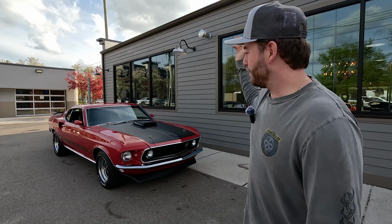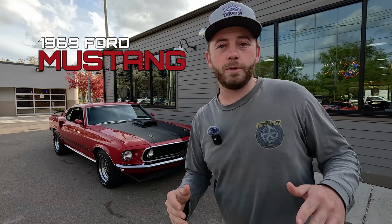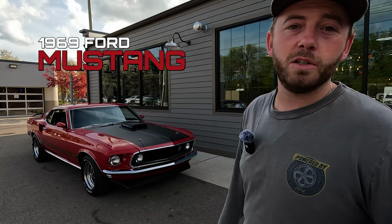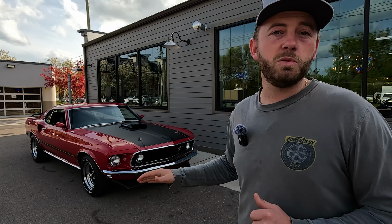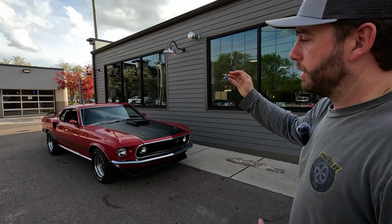Hello everyone, I have a really rad 69 Mach 1, probably as bad as they come. This is a Super Cobra Jet drag pack car. Restoration started in 23, finished in 2025. This car is gorgeous. What I dig about it, not only that badass Cobra Jet motor, it's a factory candy